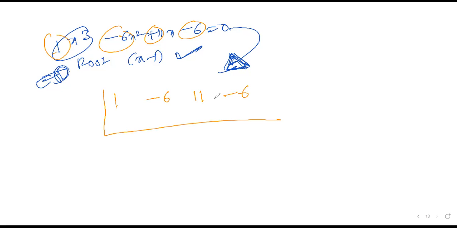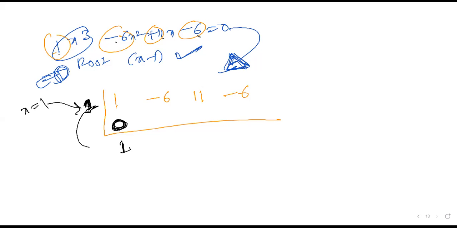What is the root here? x minus 1 means x is equal to 1, right? Just write 1 here. First you write the coefficients of all: 1 minus 6 plus 11 minus 6. First you write 1 here because x is equal to 1. First you substitute 0 here. Listen very carefully. First substitute 0. 1 plus 0 is 1. Clear? First step.